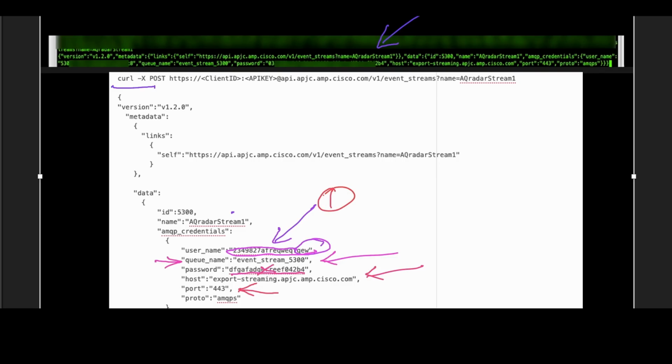The username, the password, the event stream or the queue name, and then the host, and of course the port number, right? In this case, it's 443. It's pretty easy to remember. Okay, so that's pretty much what there is to the